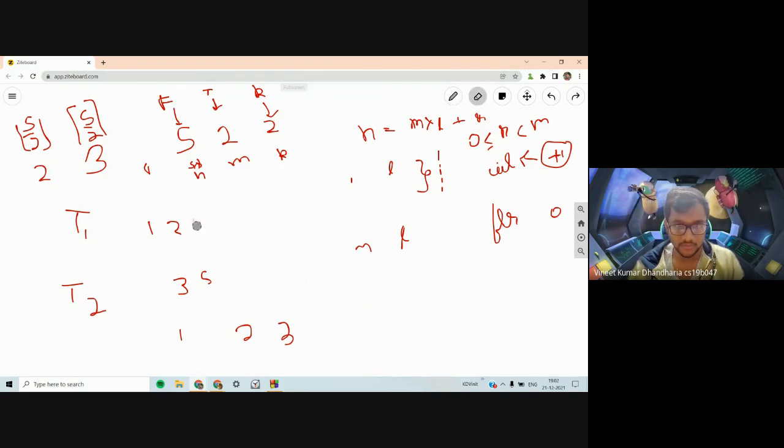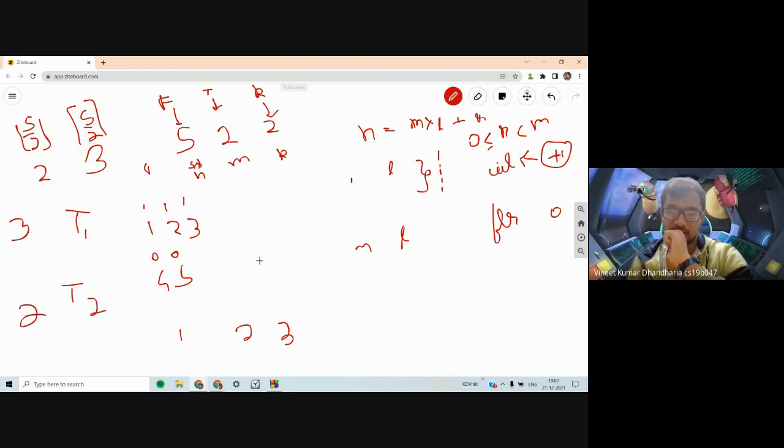So suppose initially we can do any division. Let's take the 5 2 2 example. Initially we can do any division, so I would do 5 to 1 2 3 and 4 5. In this case 1, 2, 3 got 1 point each, while 4 and 5 got 0 points. Now in the next round I must again do the division. I would always put 3 players at the first table and 2 at the second table. Again I must divide them such that the difference is not greater than 1. Here as well you can see the difference is 1 if you take one player from here and one from here, and 0 if you take from the same table.